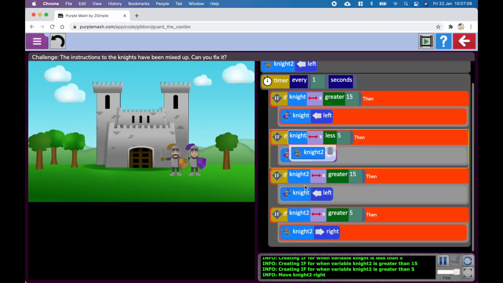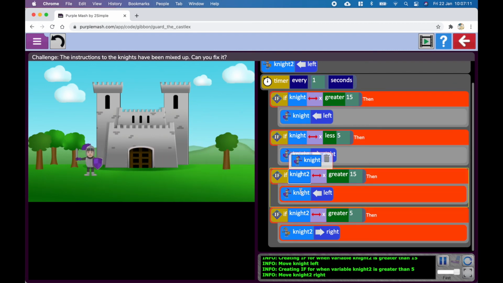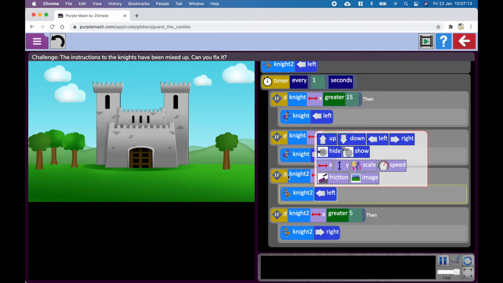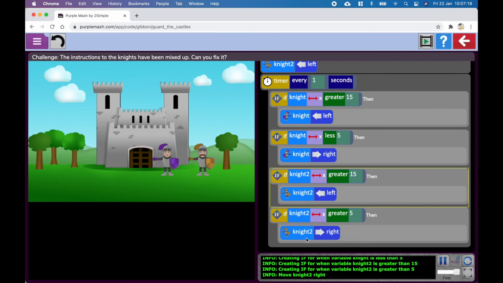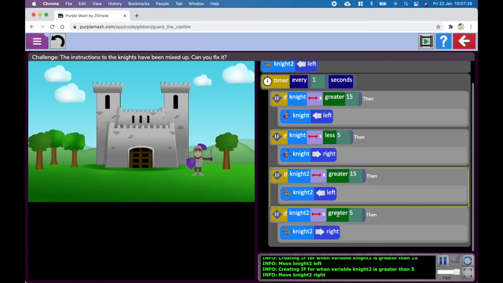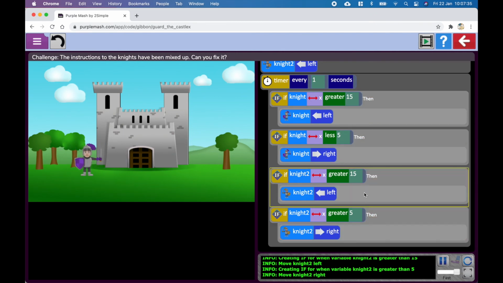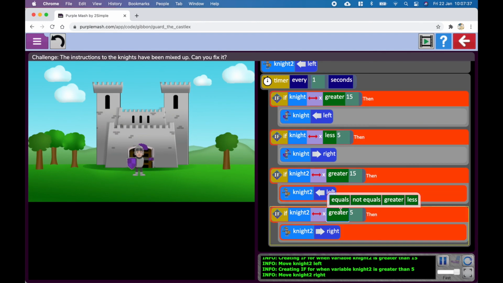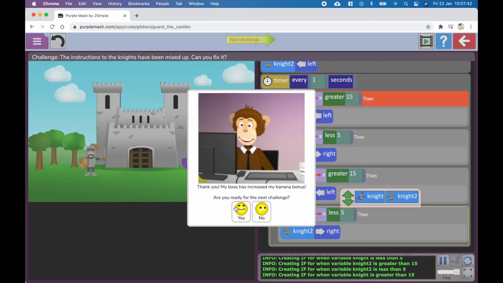And here's knight 2. So click that, we'll leave it like that, but inside it says knight, and we don't want that to happen. So we're going to change this to knight 2, so that this if statement is checking what knight 2 is doing, and then again for the last one. So knight moving right and knight moving left. And then if we look here, remember the second one should be less than 5, not greater than 5, otherwise it's just going to go off the screen. So we can change this last greater to less,